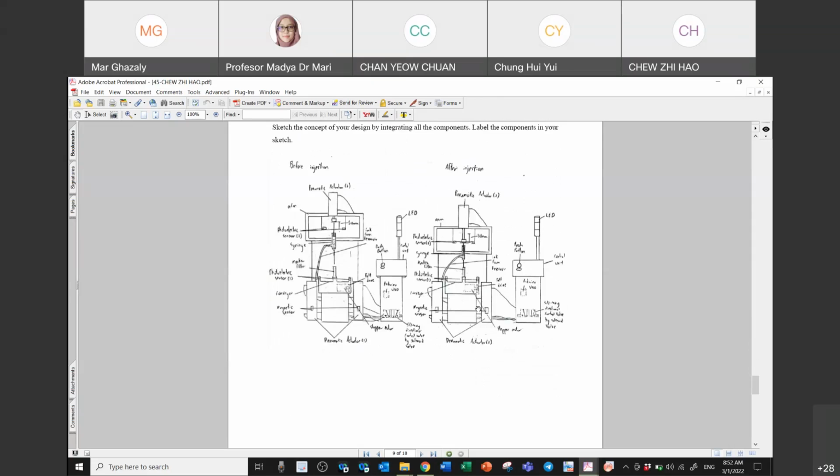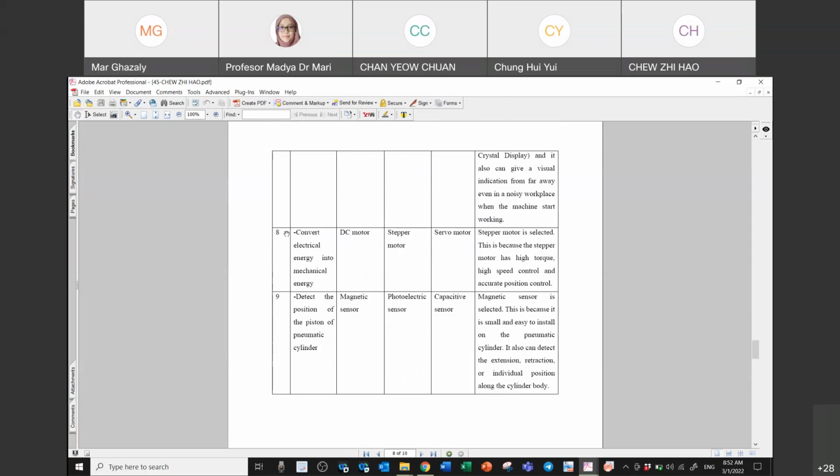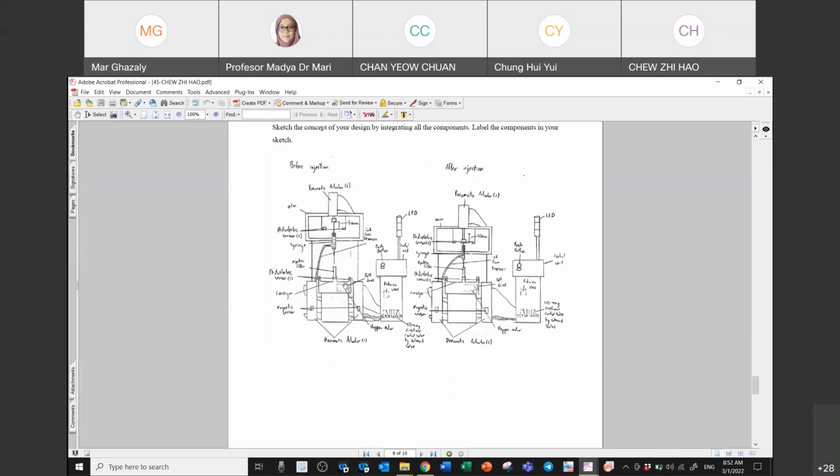And I would suggest, okay, since you have listed stepper motor for the part here number 8, you put the numbering 8, which is 8 stepper motor, because it's very hard for me to find it. Okay, so it's here, stepper motor. So right there, 8 in circle lah. Okay, so it's easy for me to look at. And I'm going to check if the location of the motor is correct